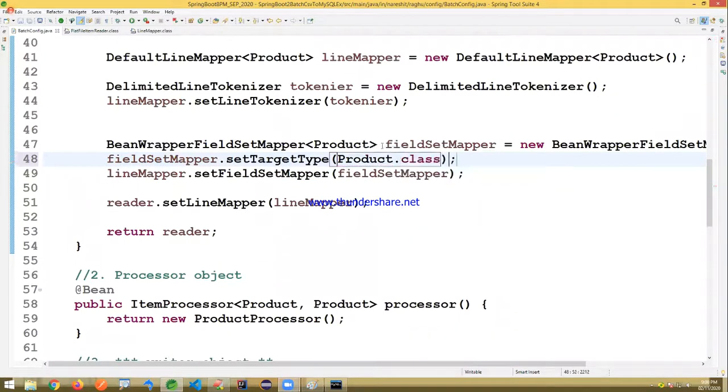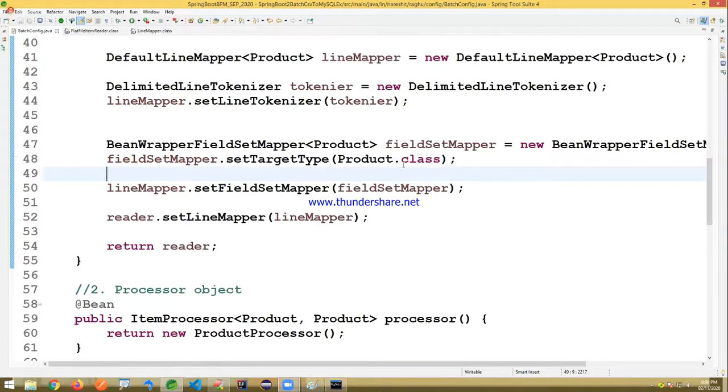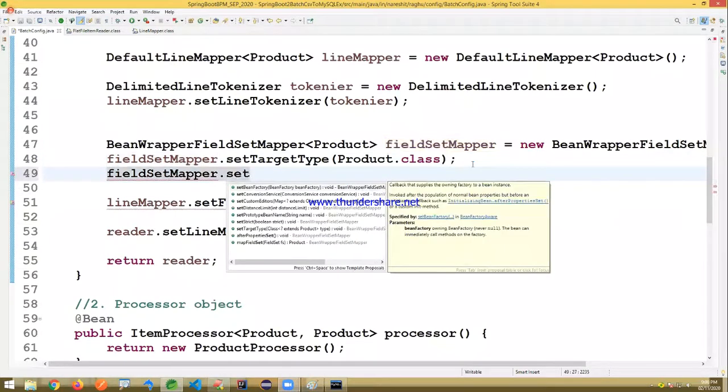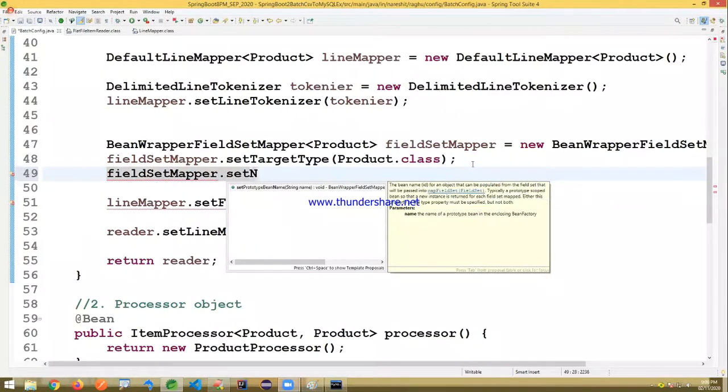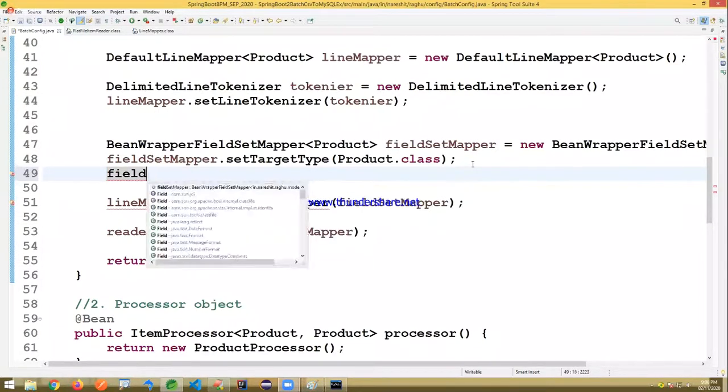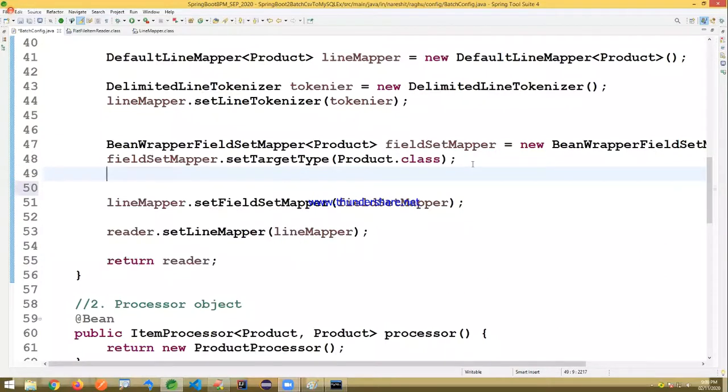It's a product dot class, and also we need to mention the names here. Here is the set of fields we have to take in.